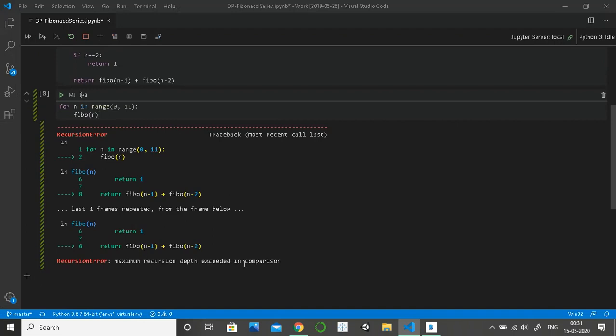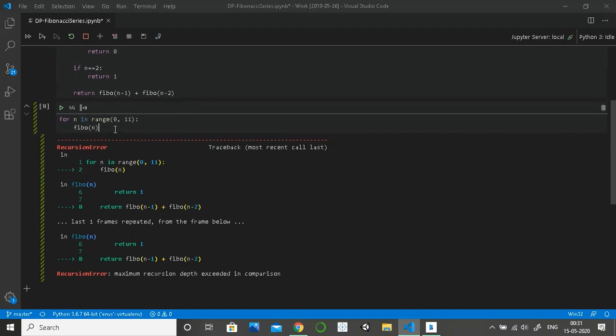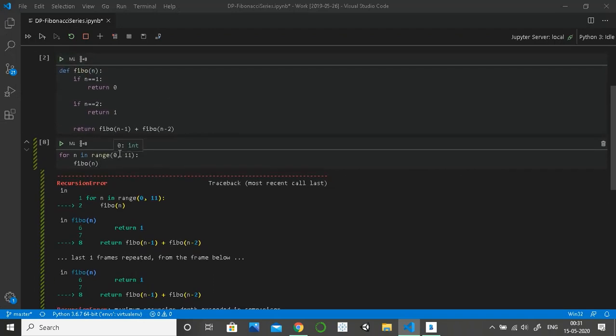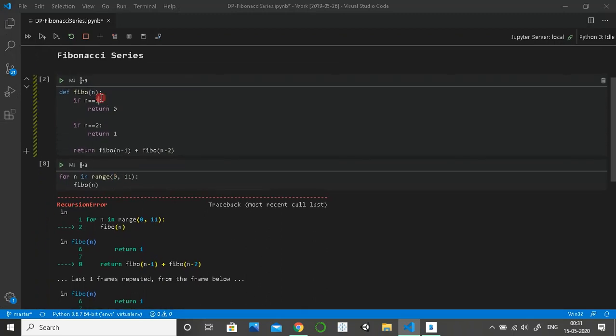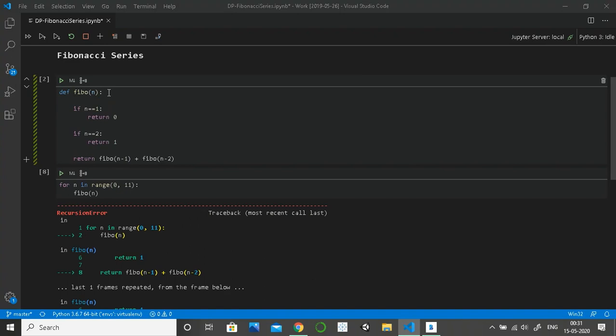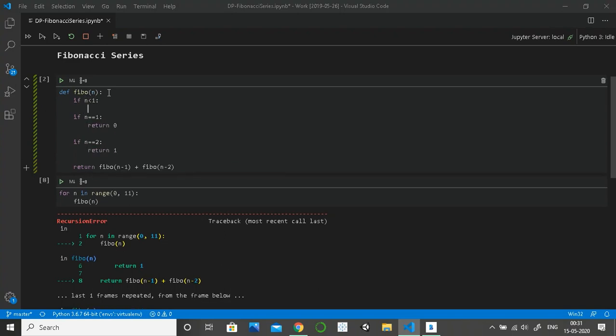As you can see here, we got maximum recursion depth exceeded. The reason for that is we are starting from 0 and we are not handling the condition for 0. We can fix it here: if n is less than 1, just return n.